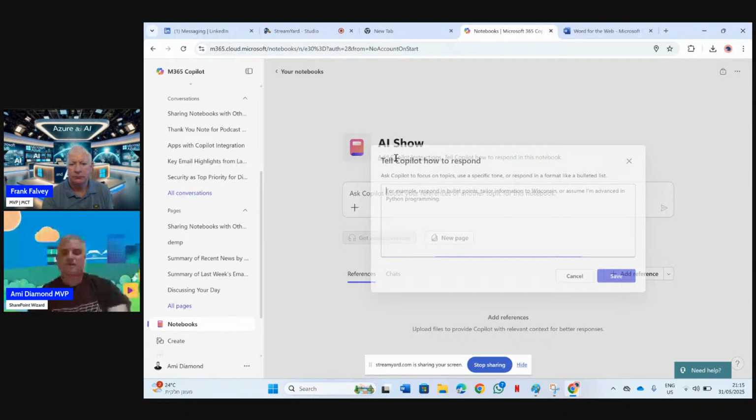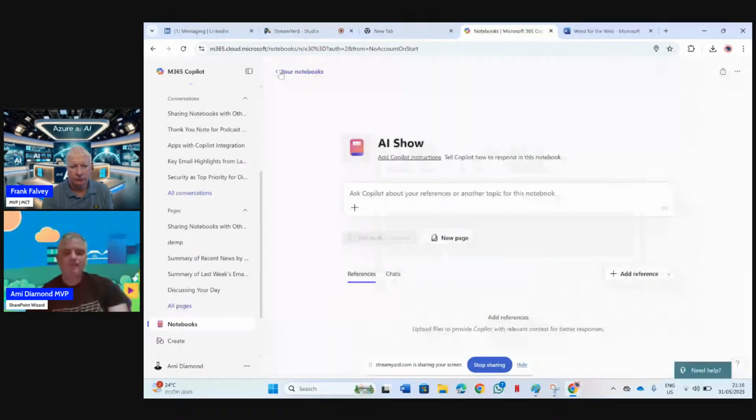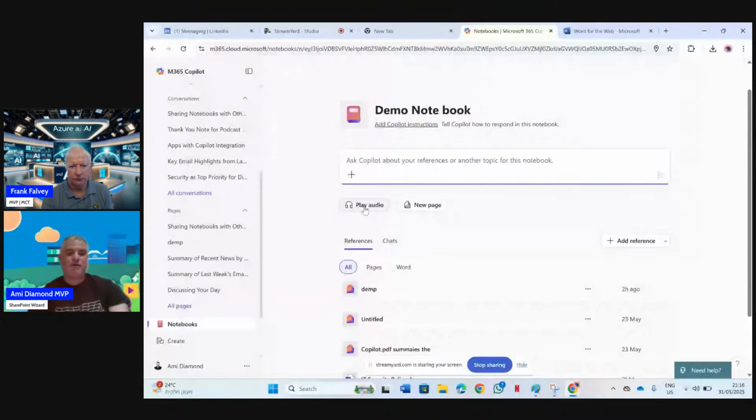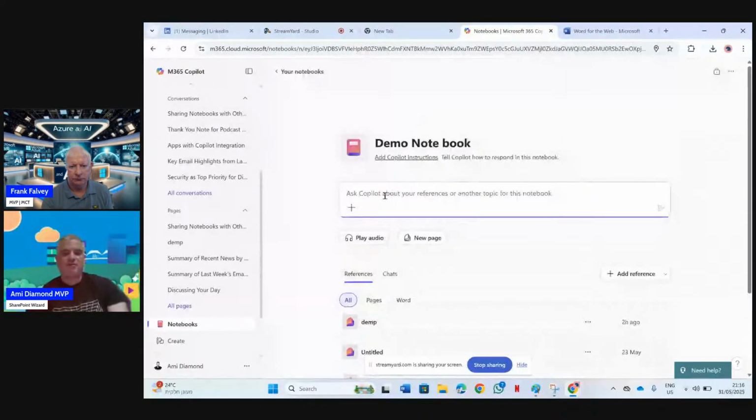I'll go back to one of the notebooks I had. So here I added documents. Here are some pages. I'm still figuring out how it works, but you can also make an audio file which summarizes all of the information here, maybe after I wrote the prompt and got a result. So if I run,